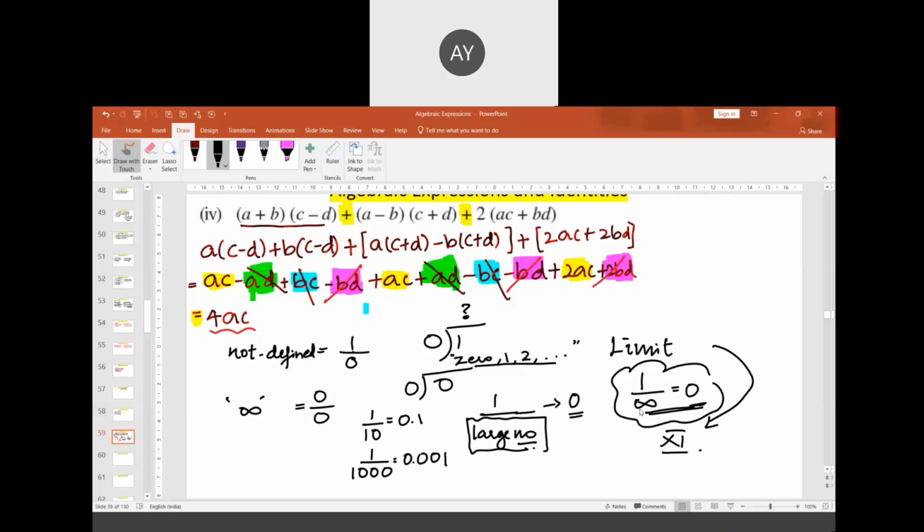And 1 divided by an extremely small number will become infinity, sir. Yes, very good. 1 by a very small number will be a huge value that is called infinity. You have understood something infinite. But in class 11th, you will understand it very clearly. Okay, sir. Can you give an example of the second one, sir? 1 by a very small number.